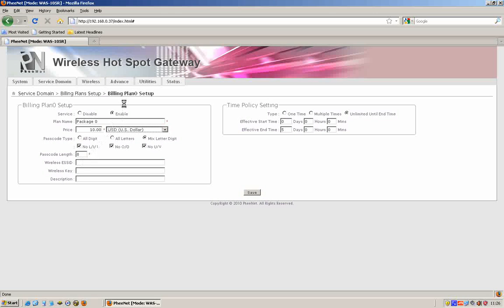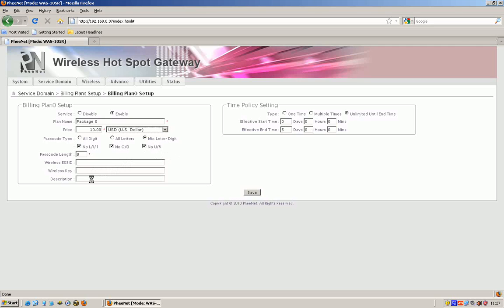So the billing plan needs to be the same. This SSID here needs to be the same as you put in the virtual AP setup. That's so that when this ticket prints out, the SSID that you want them to connect to matches the VAP that you want them to connect to. Follow all that? Also in here you would put the wireless security key that you've set up in the VAP